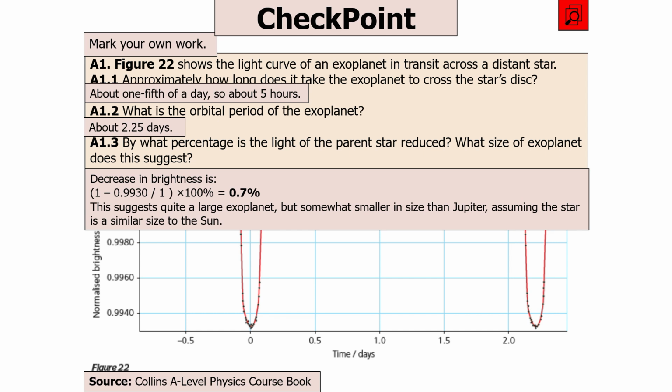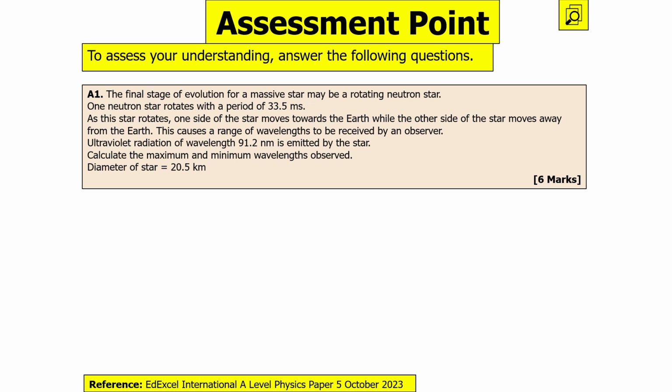Now whilst that seems a small number, for a planet that's actually quite a large amount. So therefore it must be quite a large exoplanet, maybe similar in size to Jupiter if the star was the same size as our Sun. The next question says, the final stage of evolution for a massive star may be a